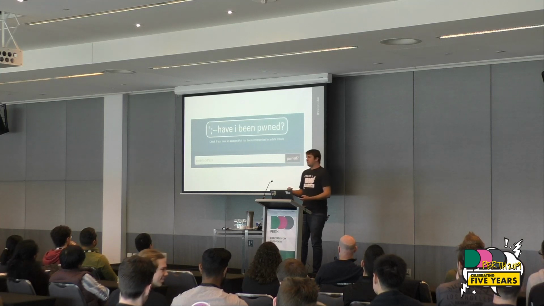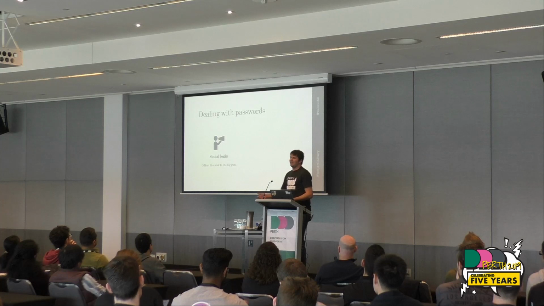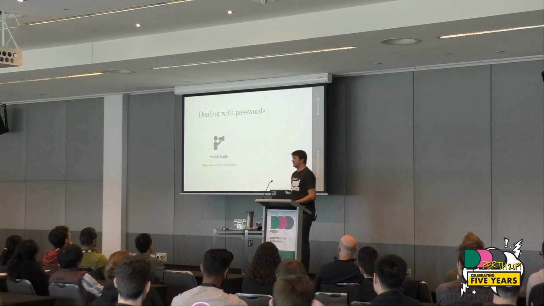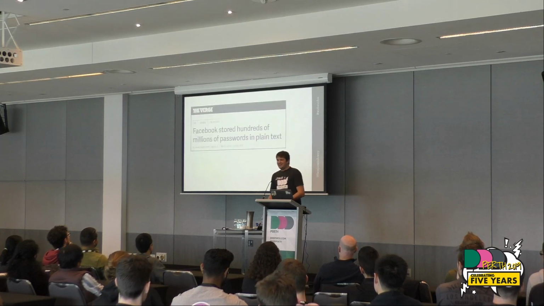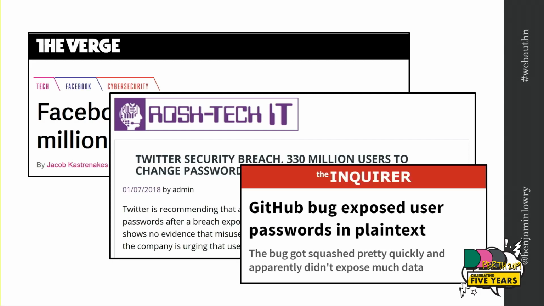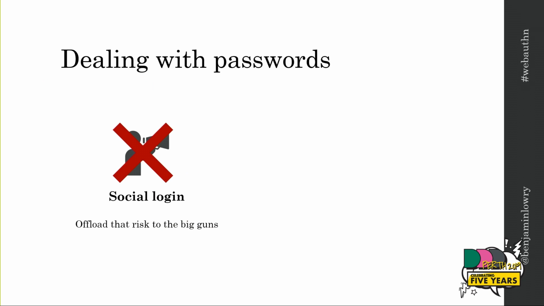And the way we have traditionally dealt with passwords as developers, we'll go, I'm not sure I know how to do it, so I'll just implement social login. Let Facebook store the password. They know what they're doing. But do they? Facebook, GitHub, Twitter, Microsoft, Google, they've all had data breaches where passwords have been exposed in plain text. Often that's when they're logging them in web servers and that kind of thing. So social login's kind of out then.